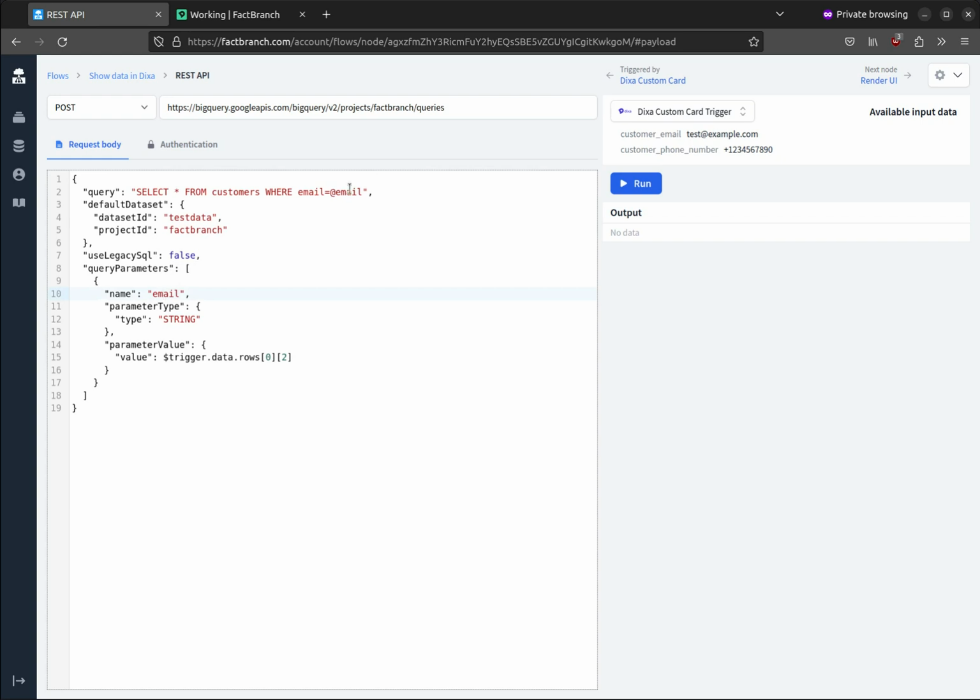We call it email. So the type is string, and tell it which value to use. I'm going to go ahead and copy a variable, a placeholder directly from our test inputs here. So we want to use the customer email address. I'm going to paste it here. Now this tells FactBranch to substitute this value for the customer email from the trigger. So if we run this query now,